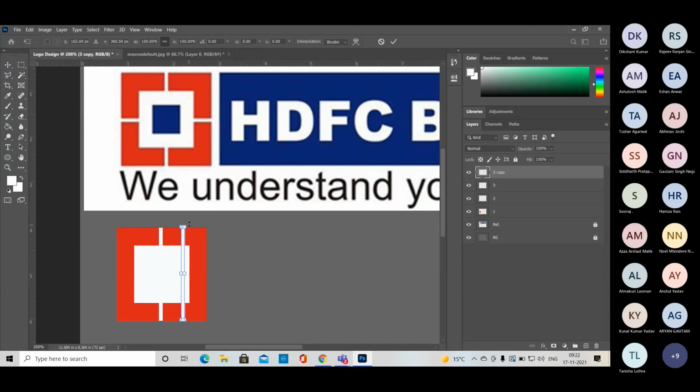Then Control T, and now you have to understand that when it comes, just do the change. Press Shift, so it will be a straight horizontal line. Then use the move tool, or you can work with the arrow keys. Right? So it's not a perfect square. So we need to understand that we can do the same thing with Control T on the same layer, Control T, and we can arrange it here. Is it okay?